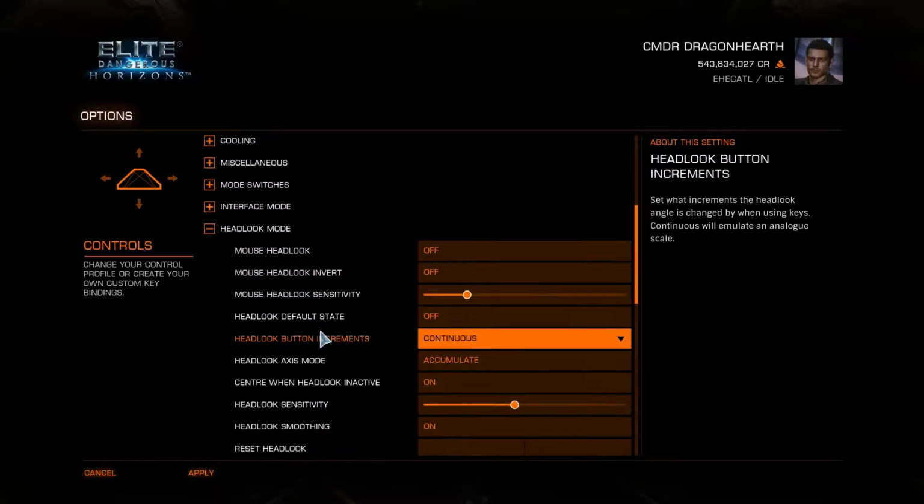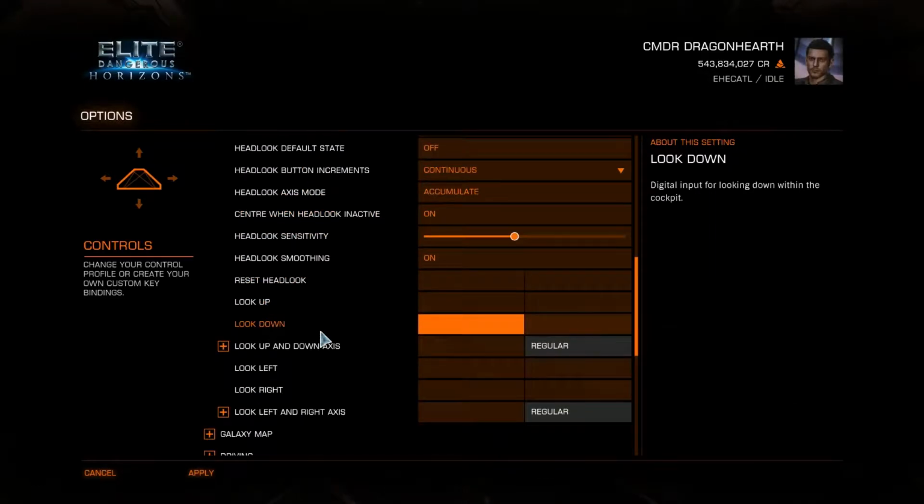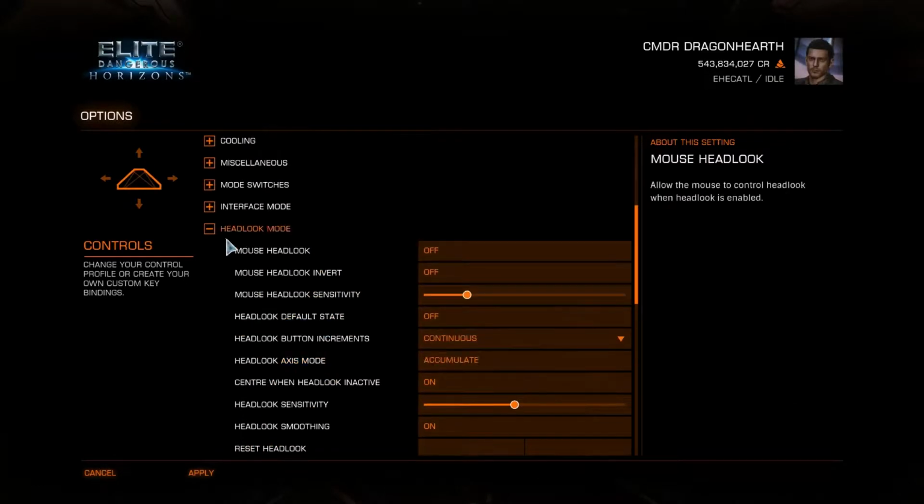Headlock, I didn't give it bindings, but this is for when you want to look inside your ship. Then you put it on, but I don't use that. So